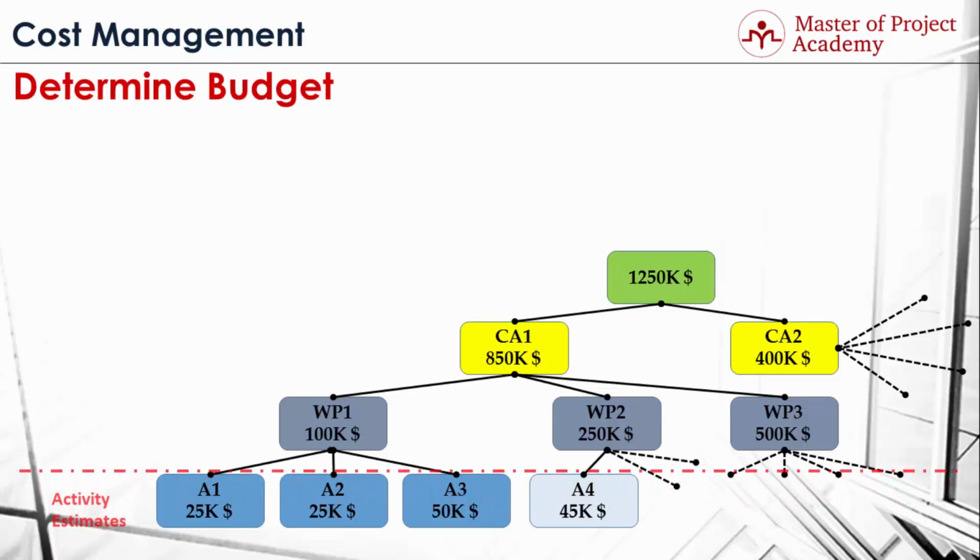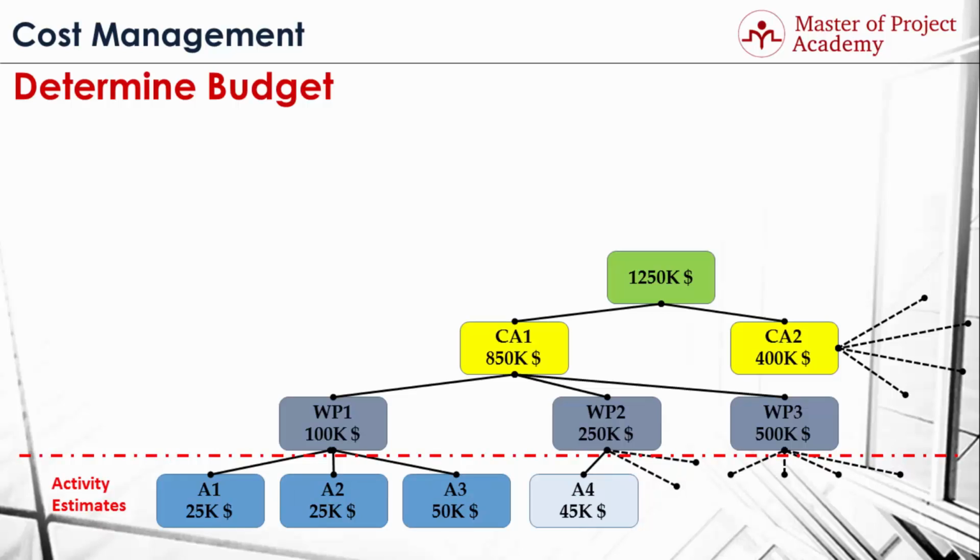As you see, activity estimates are at the bottom of the WBS. Cost of Activity 1 and Activity 2 are $25,000. Cost of Activity 3 is $50,000, and cost of Activity 4 is $45,000. These cost estimates of activities are rolled up to find the cost estimates of